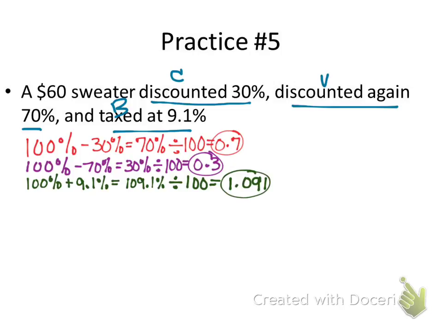All right, so there are my 3 multipliers, my 3 increases and decreases. So now I'm ready to move to the final step, which is step 4. Raise your hand if you want to finish it off for me. All right, Zach, what do I do? You do $60 times 0.7 times 0.3 times 1.091. And that equals